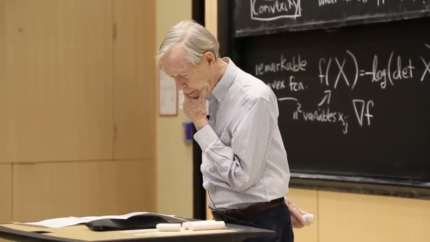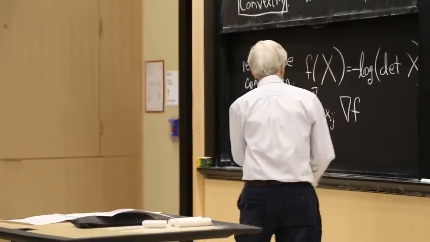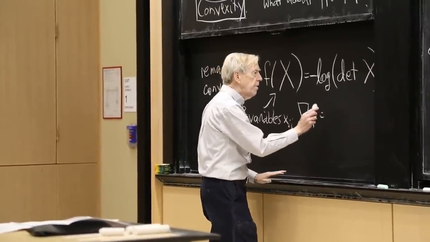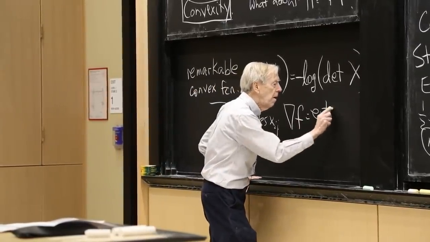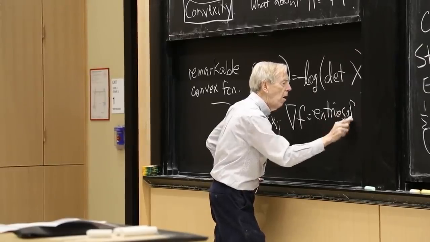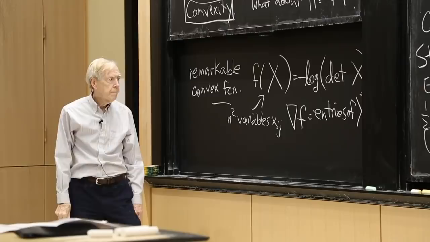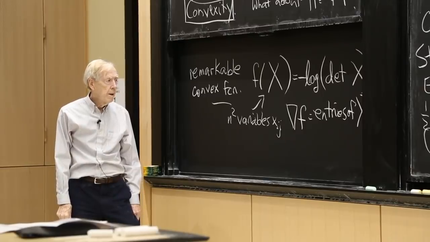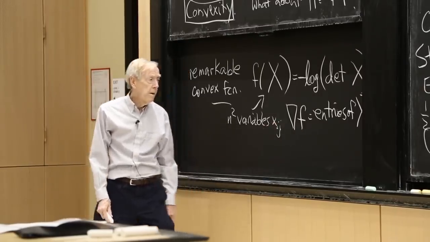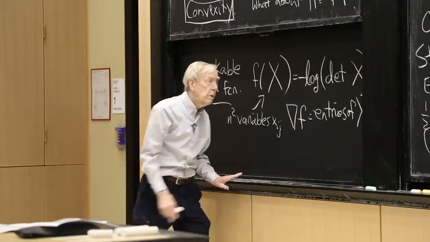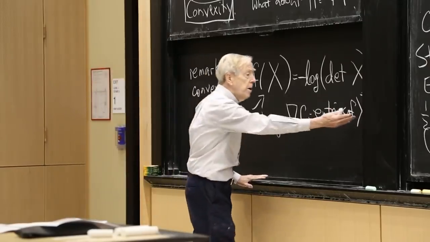So the partial derivatives of that function are the entries of X inverse. Yeah, that's like, wow, where did that come from? Okay, and it might be minus the entries, of course. So we've got n squared